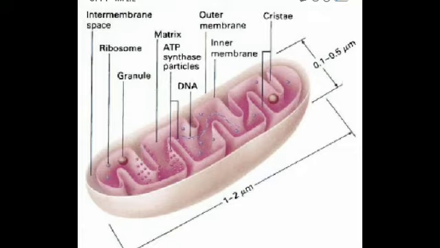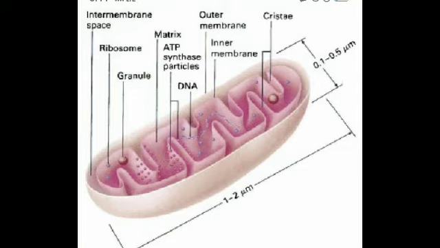Next one, cristae. The inner mitochondrial membrane gives rise to finger-like projections called cristae. These cristae increase the inner surface area of the folded inner membrane of the mitochondria to hold a variety of enzymes. Next one, mitochondrial matrix. It is a complex mixture of proteins and the site of cell respiration. They produce a large number of ATP molecules.